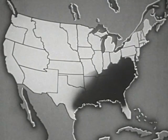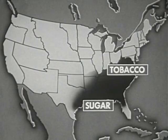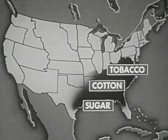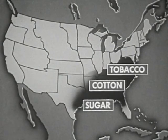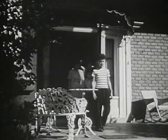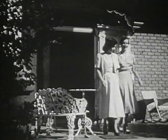On some of these, tobacco was produced. On others, sugar was grown. On others, cotton was the main crop. Whatever the crop, the system of producing was similar: cheap labor, one crop, and vast tracts of land. These are some of the things we can better understand when we visit one of the old plantation homes of